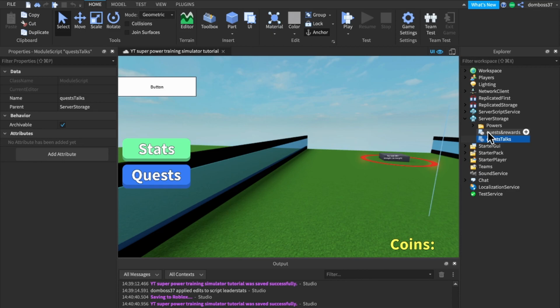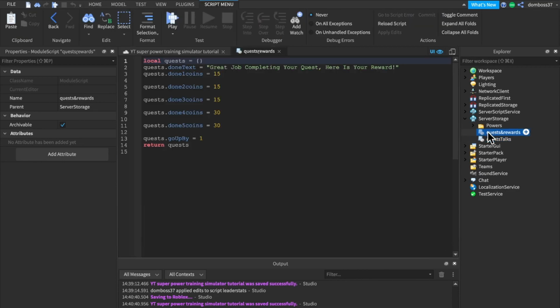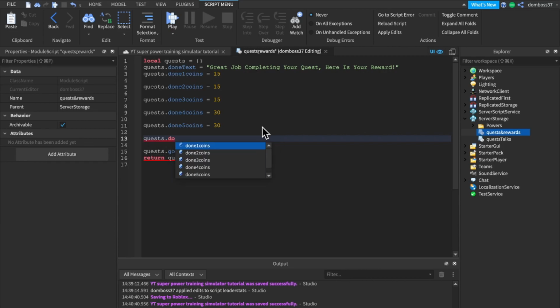Alright, so now let's get back to what we were doing, and quests and rewards. So if we open that up, then basically over here, since we need 500 psychic, it only makes sense to get a lot of coins. We'll do done 6 coins, and this will be equal to, we'll be a bit generous and give them 75. I was gonna do 100, but I was like, nah. Alright, so if we save this,